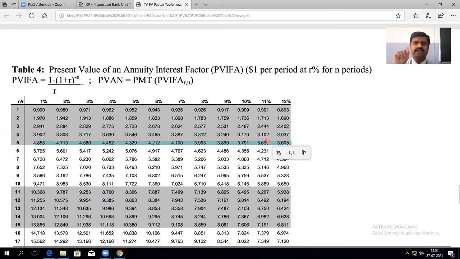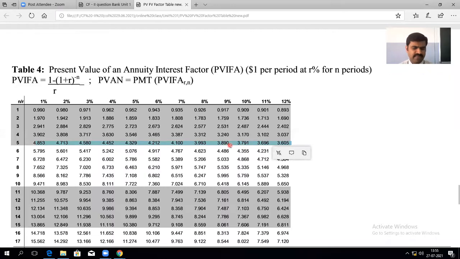This is a very, very important step. Many students go wrong in the IRR because of this step only. Other steps they do right, but this is where they go wrong in taking the percentage. Understood, students? Yes or no? Please give confirmation, or if you have any doubt, please ask. So what if we take 9%?